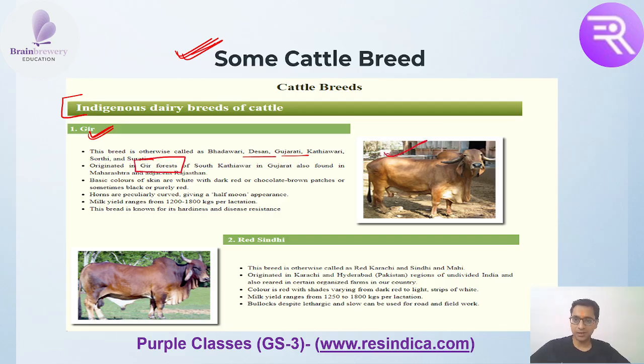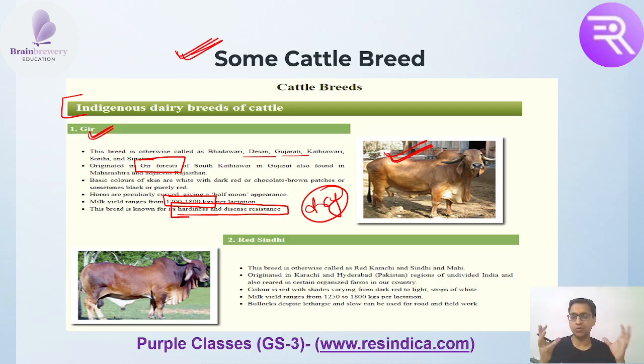So this is what the Gir cow looks like, and per lactation period, it provides 1200 to 1800 kgs of milk. This breed is known for its hardiness and disease resistance. Why? Because they are already living in the dry areas, and they have become resistant to all these things. So this is a very good quality cow, and you get very good quality milk. Then